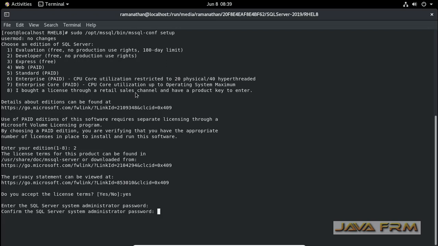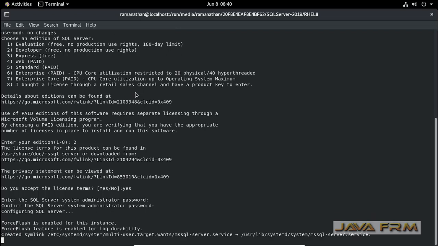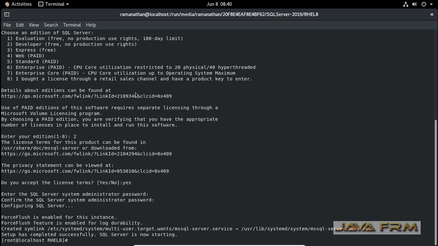Once again, provide the password. Now you can see that SQL Server 2019 Developer Edition is getting configured on CentOS 8. SQL Server 2019 Developer Edition is a full-featured edition, free to use for development purposes. You can't use it in production.